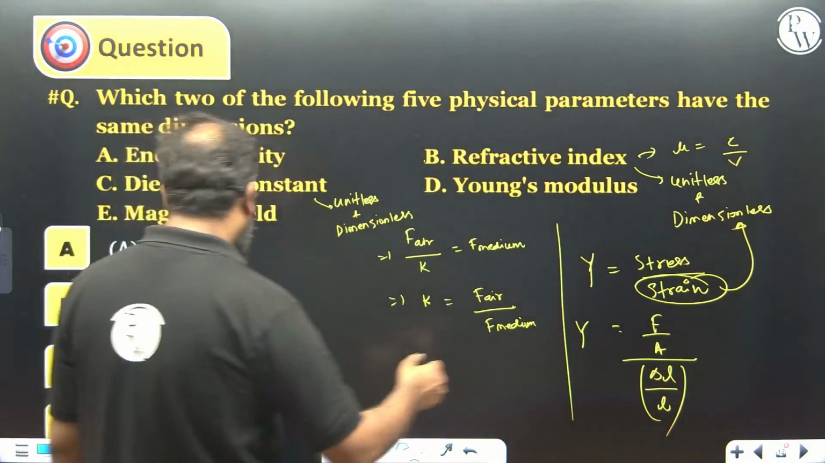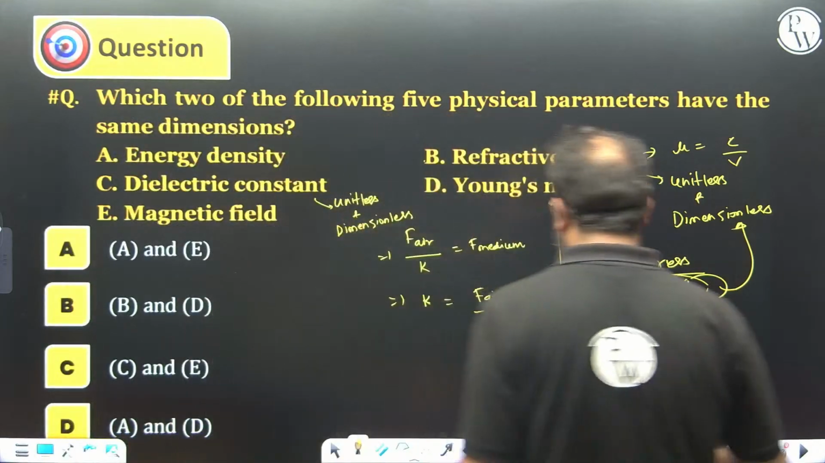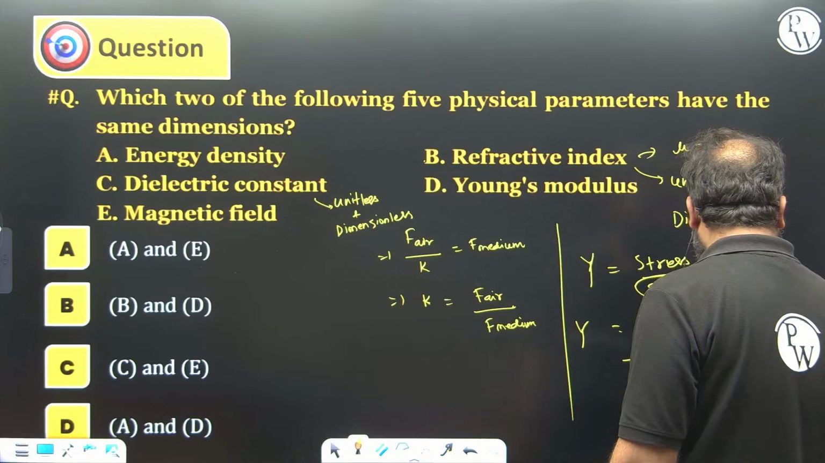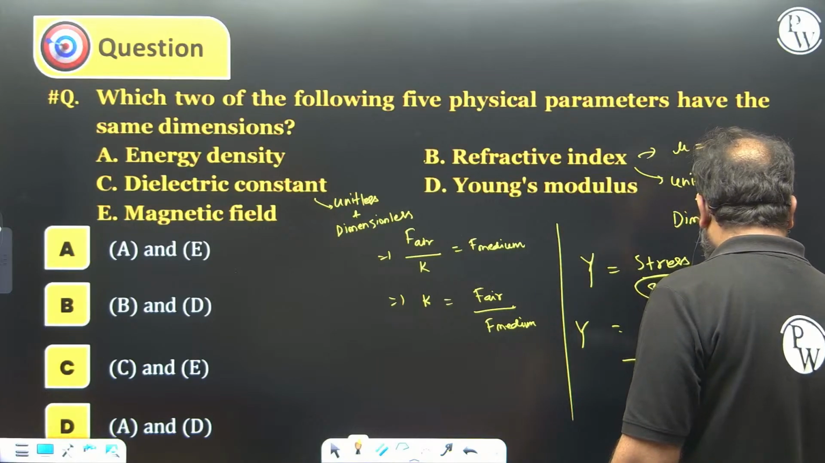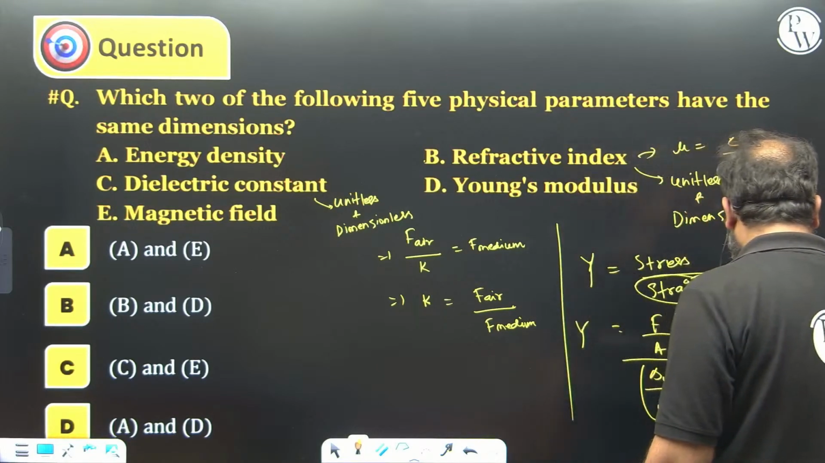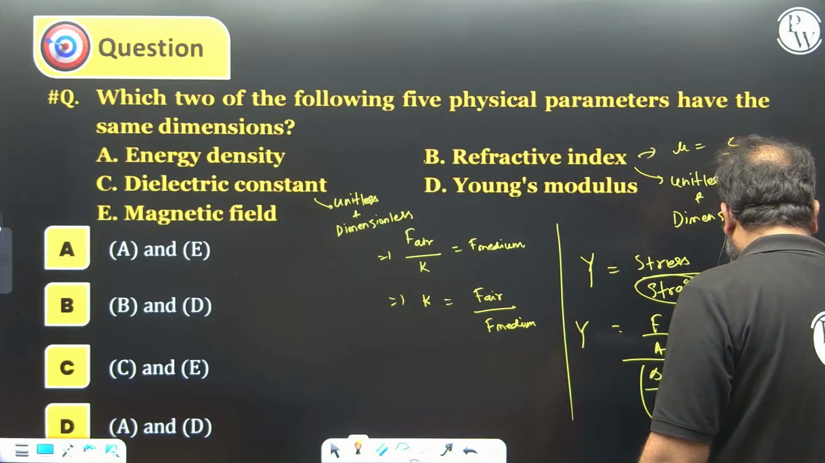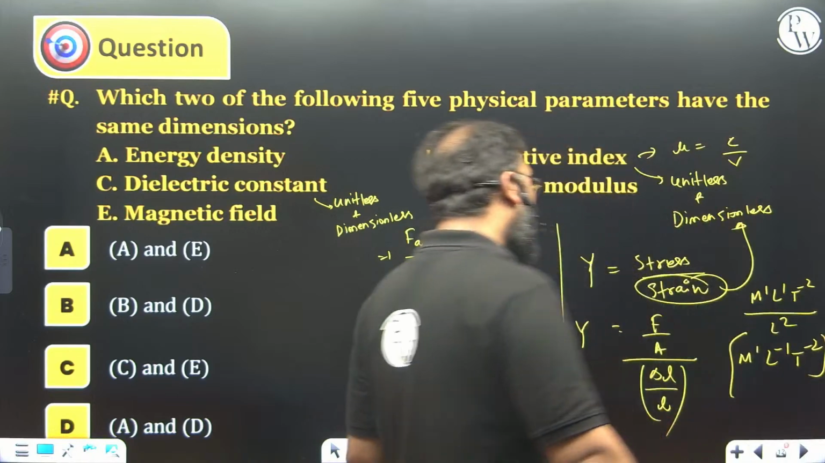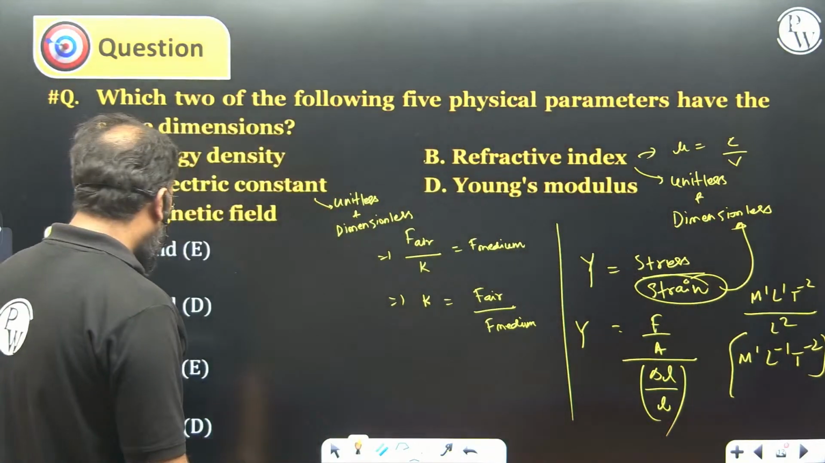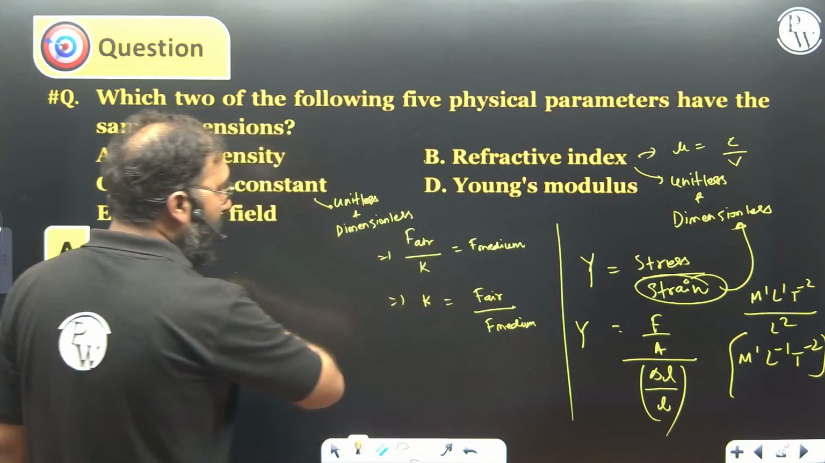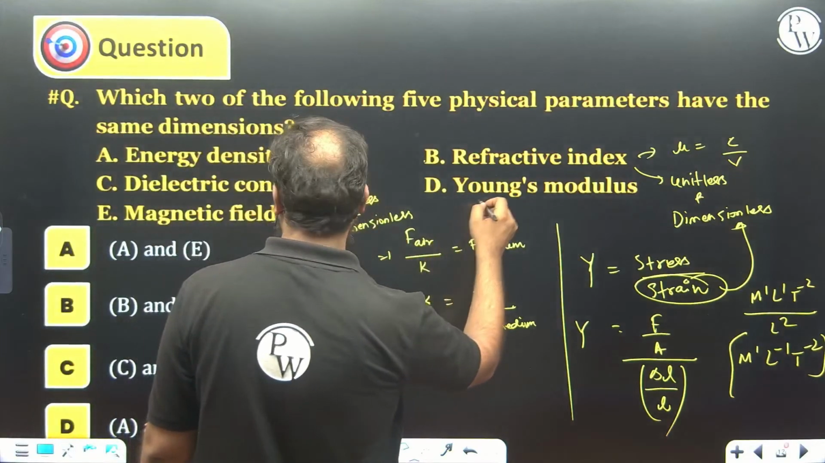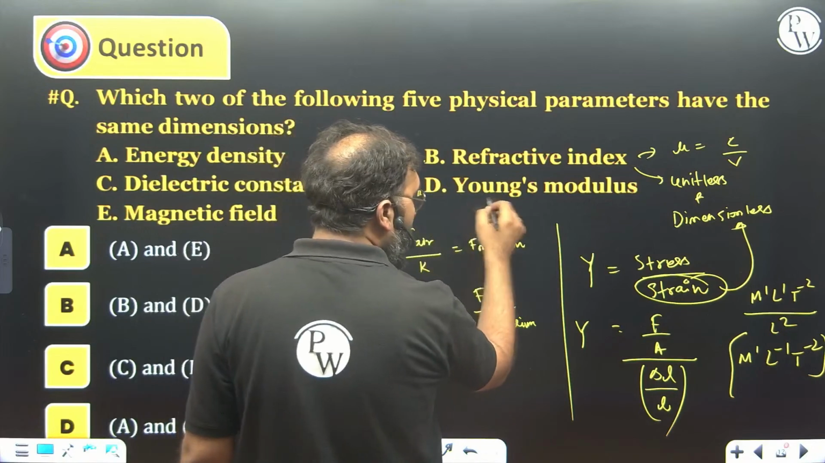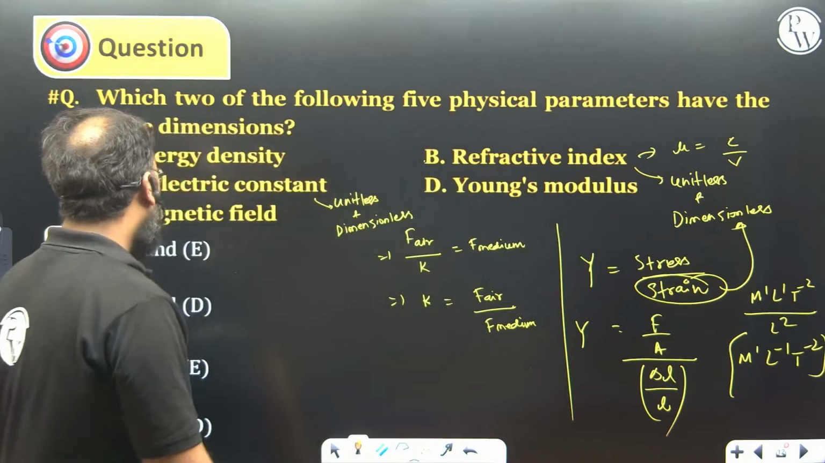So this is force upon area, and we know that force is M1 L1 T minus 2, and that is divided by area, that is L square. So this becomes M1 L minus 1 T minus 2. So if you remember the formula, you can do it very fast. So Young's modulus, the dimension is M1 L minus 1 T minus 2, and then